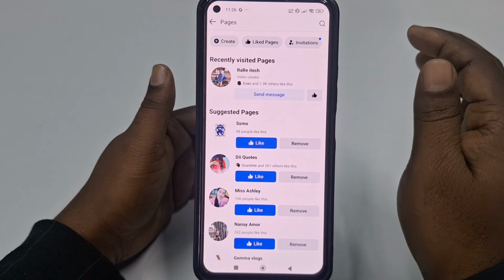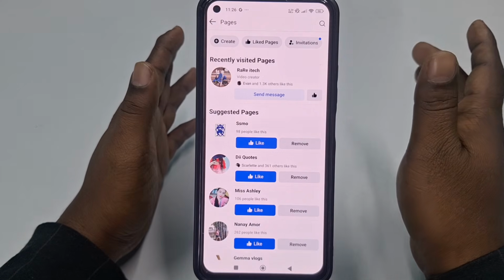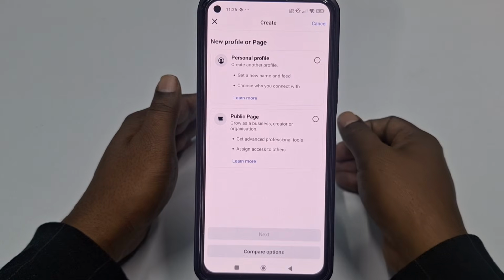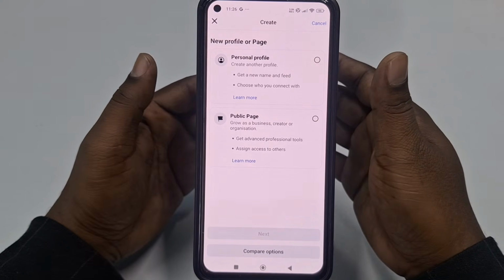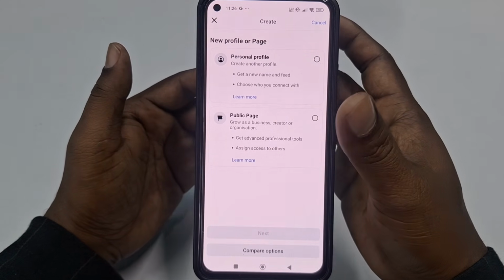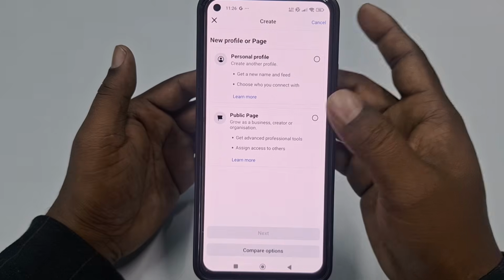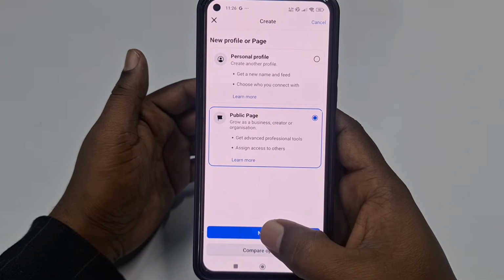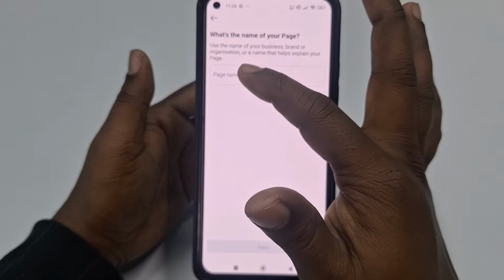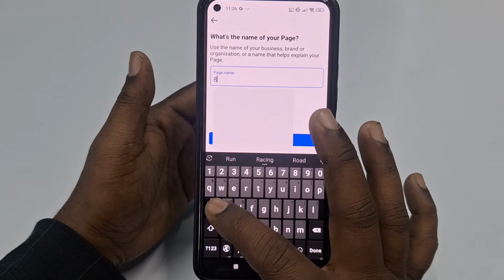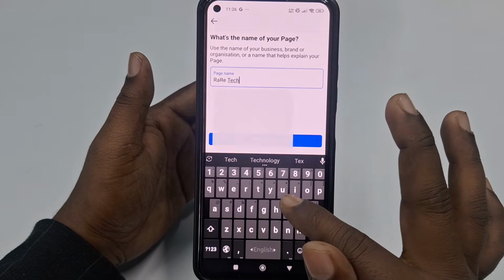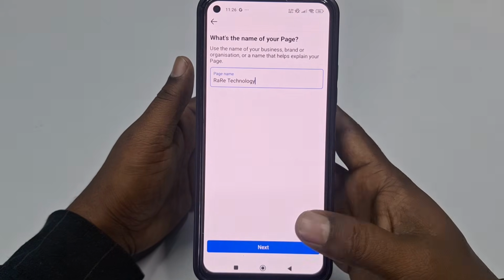and you can see there is no Facebook page available right now, so you need to click the create option in the left corner, and after that you need to choose the second one, which is public page. I mean, get advanced professional tools, assign access to others, lots of things you can do from that page. So let me click on that, and after that click the next option, and right now you need to choose your Facebook page name. Let me choose my Facebook page name, Rare Technology. You can choose anything. After that just click the next option,